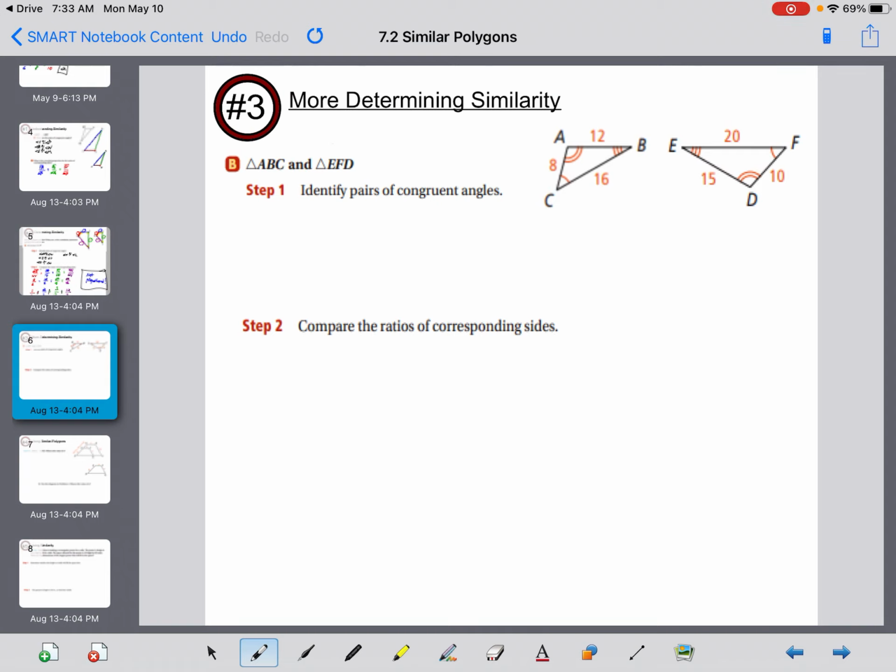Okay, so identify pairs of congruent angles. Well, again, if I were to take this and flip it over,